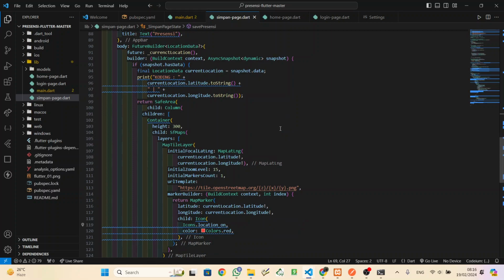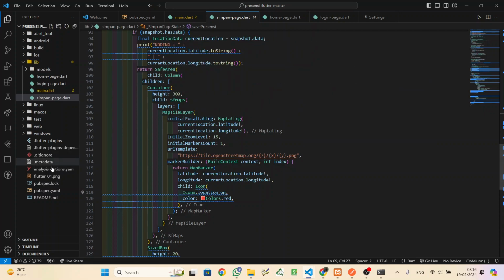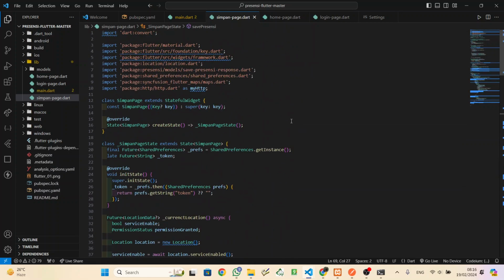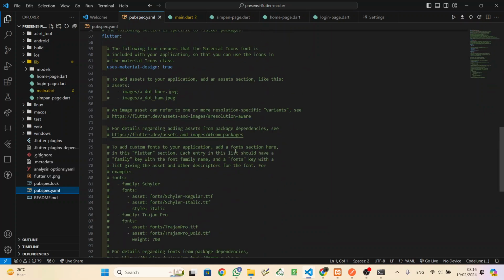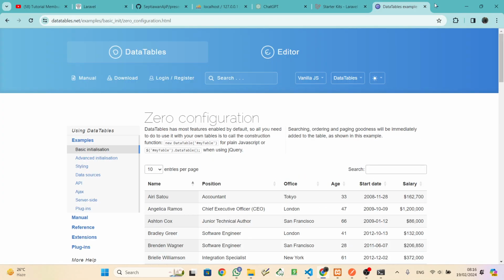And then this uses a map layer from flutter_map. At the top of pubspec.yaml, add these new dependencies.